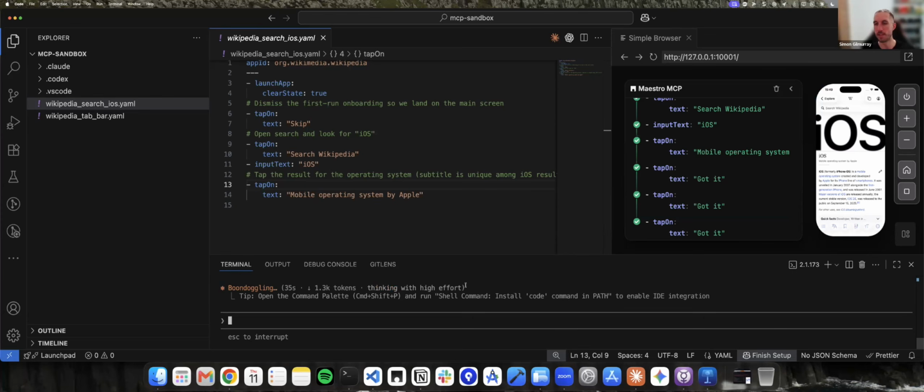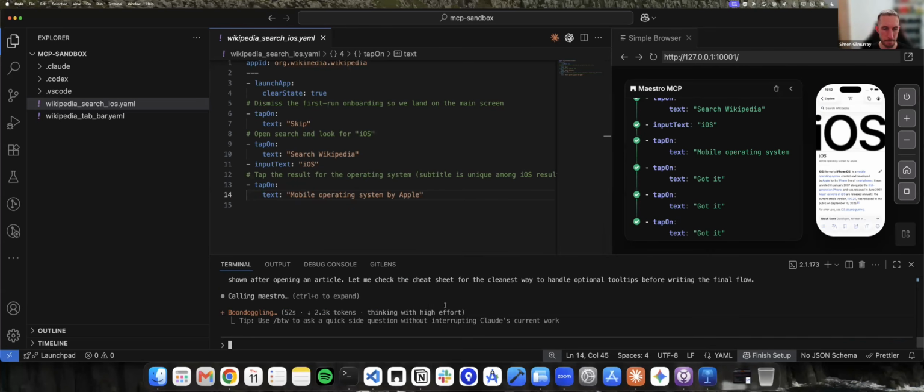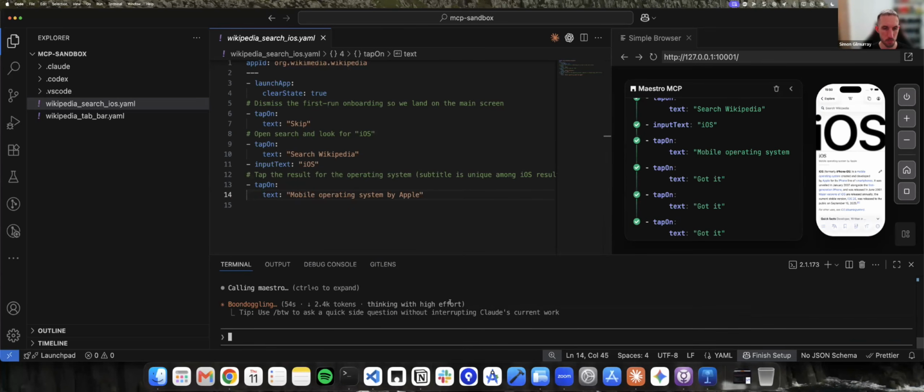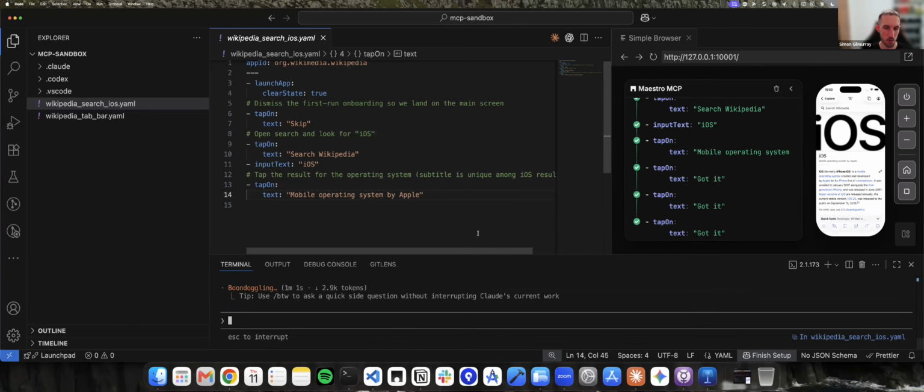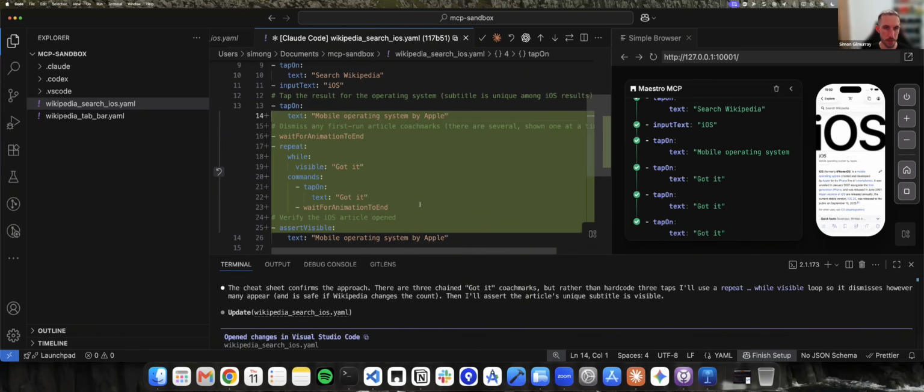But we didn't have to tell it how many to handle. It just figured out that there were three. And now it should look at the screen, figure out that there are no more tooltips, and add an assertion to check that we're landing on this screen correctly. So it's just thinking a little bit more. Cool. Okay, so